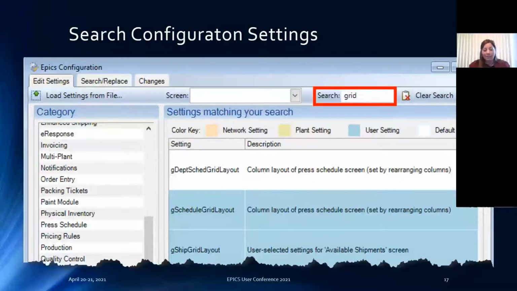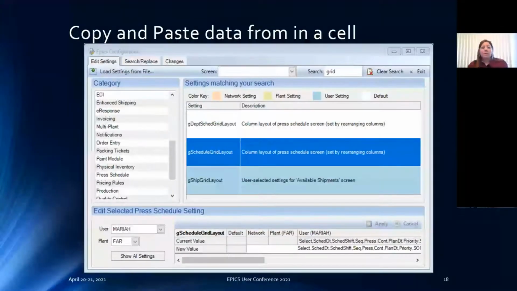And that's going to bring me to the next topic. So I typed in grid and I can see all of the config settings related to it. But another one, as you're going through your configuration settings after everything you've learned in EPICS, you may want to look at settings that have to do with rack or billet or anything. So that's a good way. It may not give you all of the settings, but it's a good way to find most settings that have a relation to a topic that may be in more than one category on the left, by just looking at the category. So using the grid layouts as an example,